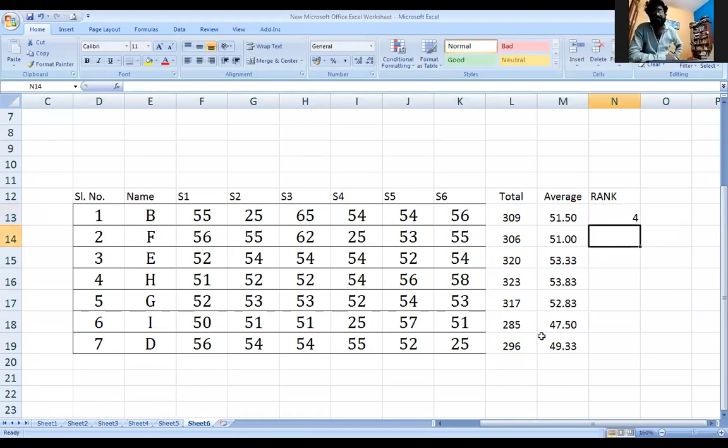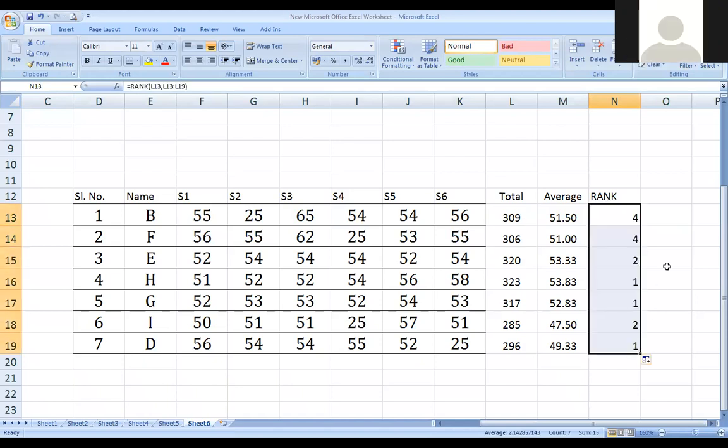I got the rank as 4. You can compare the ranks with the marks 285, 295. You can also drag this and you will get the ranks. But what you are getting is a repetition of the numbers 4, 4, 1, 1, 2, 2, and 1, 1. When you see the marks, there is no such tie. If you are getting the fourth rank two times, it means you should be getting equal marks. But you are not getting this; it is not being done correctly here.